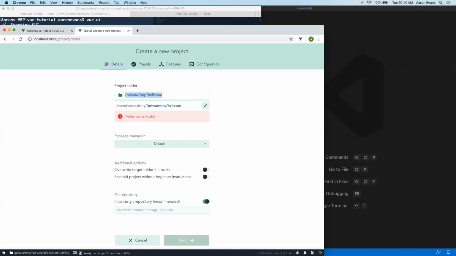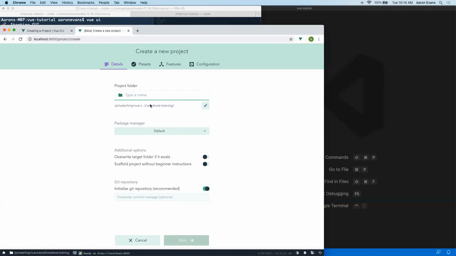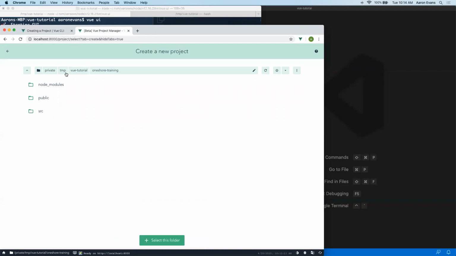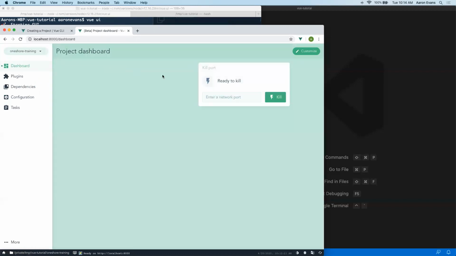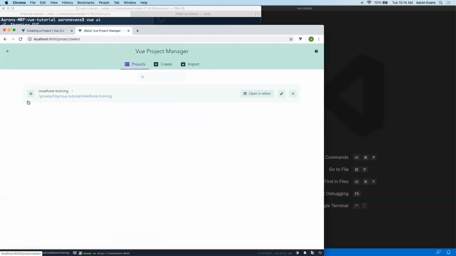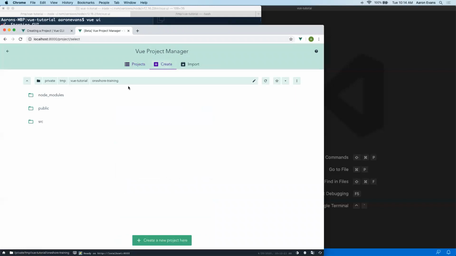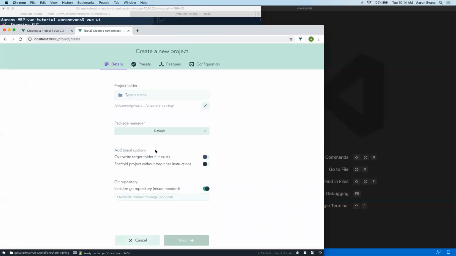Oh, it needs to be under this current directory where I'm at, under the Vue tutorial where I started this. In the Vue project manager, I can create a project, call it hello Vue, and now it'll go under one short training. I don't really want it under there, but